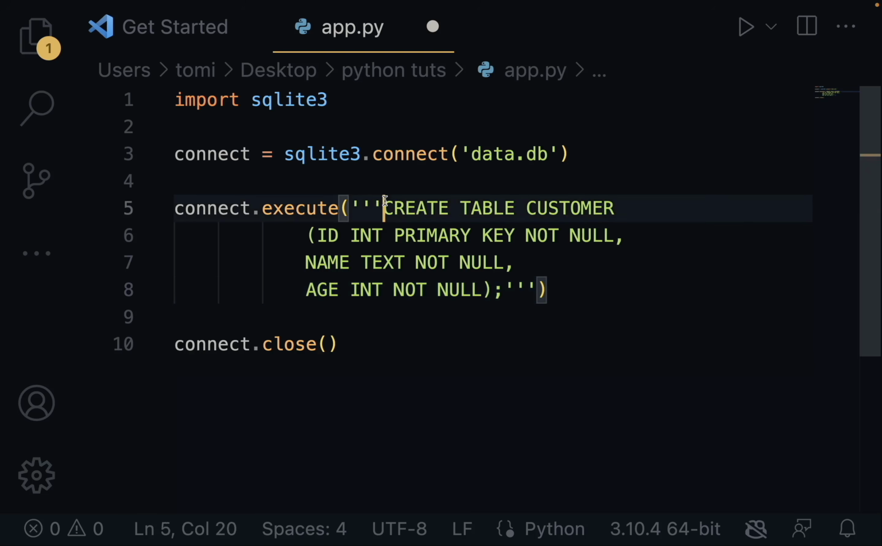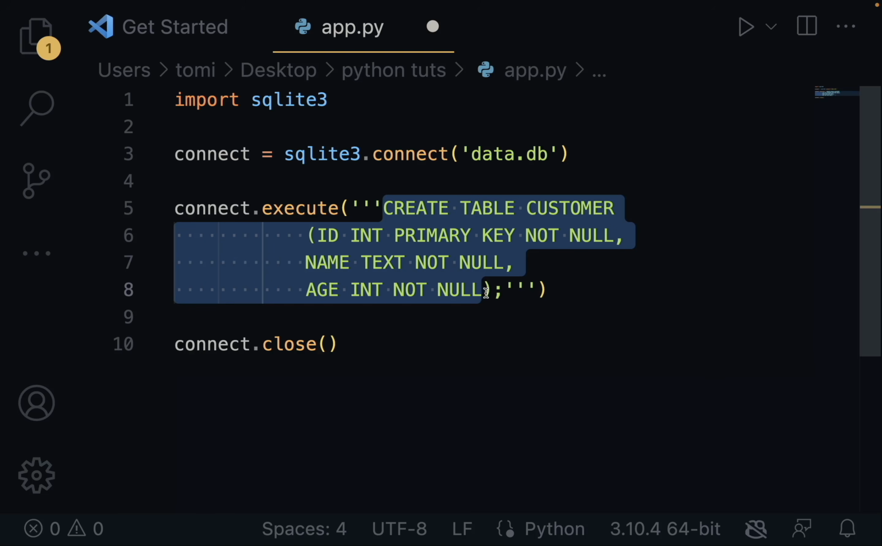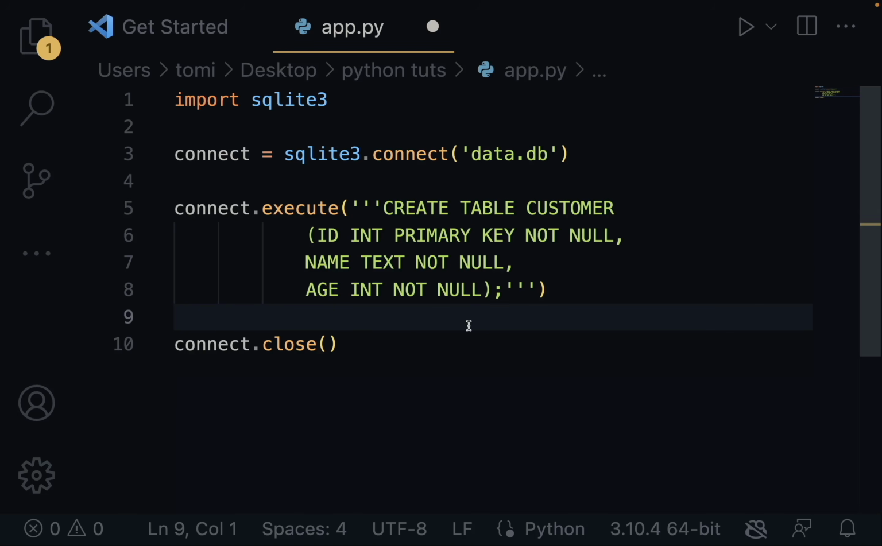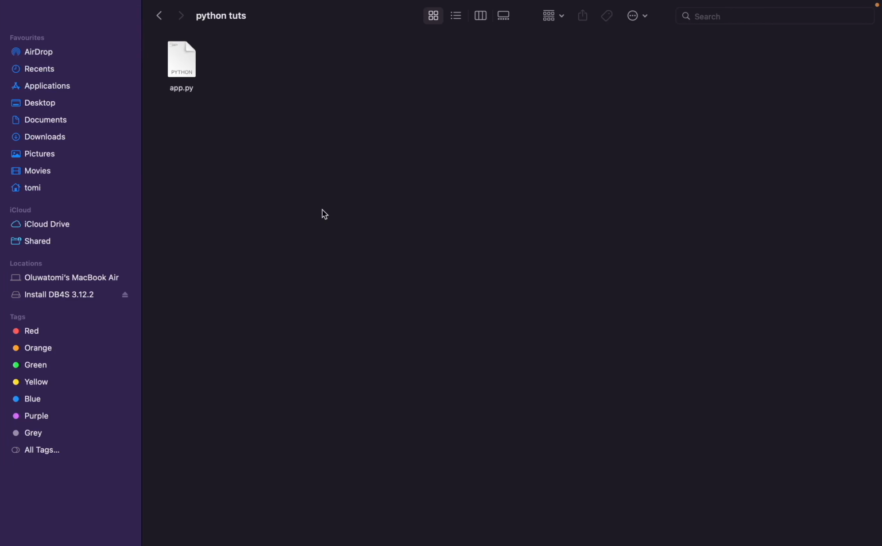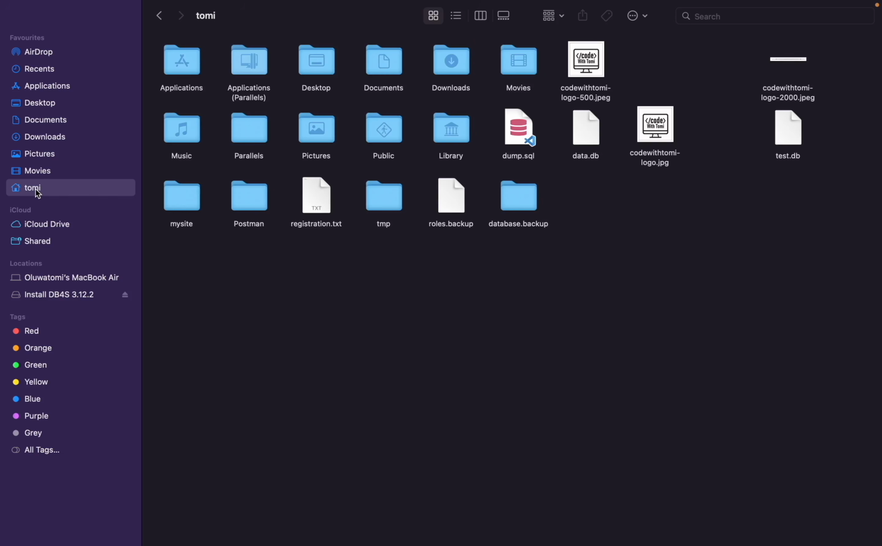I just created this customer table. This is a pure SQL command, but I'm executing it in Python. Now let's run this. Now if I run this, okay, cool. As you can see, the database file was created